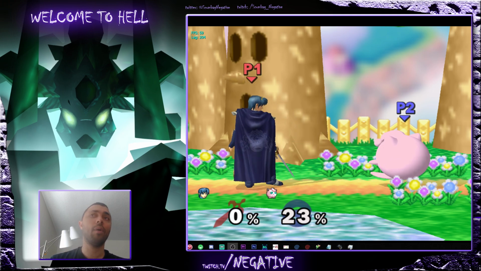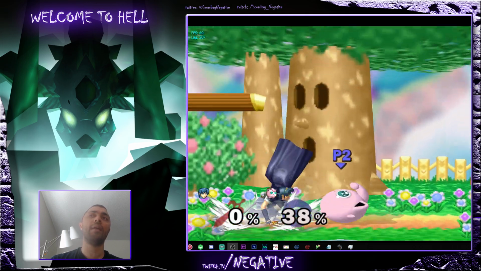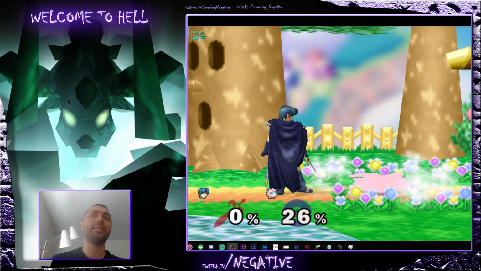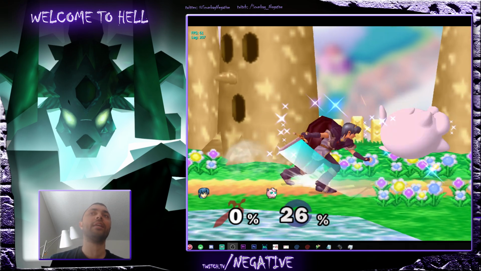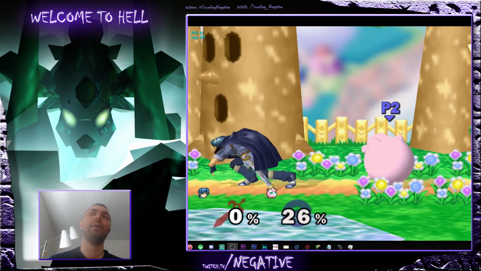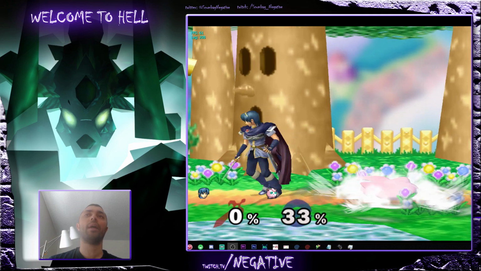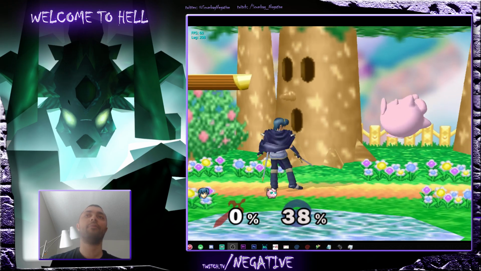So most Marths, they're looking for the side B, right? Because they know that side B itself is relatively low committal. It's not the best move. Like, it's good because it has low knockback. But because of that, even though it's got pretty long range, right? Like, you can hit from it all the way over here. This is not really its effective range because